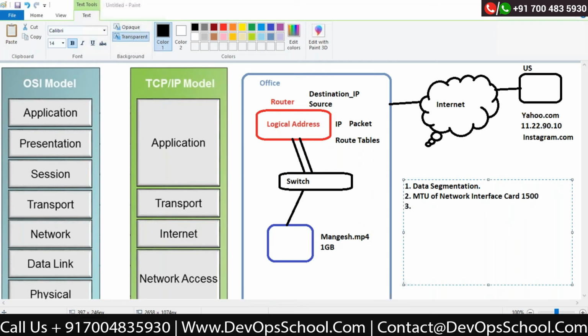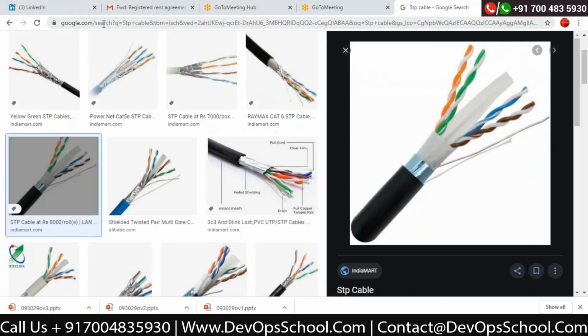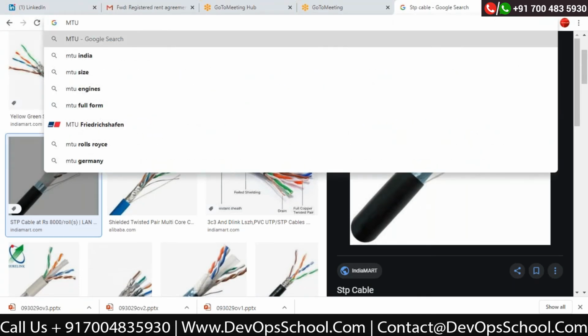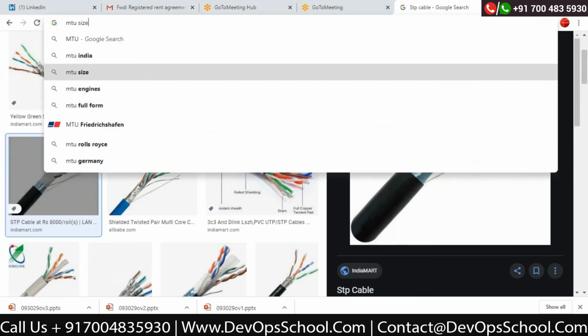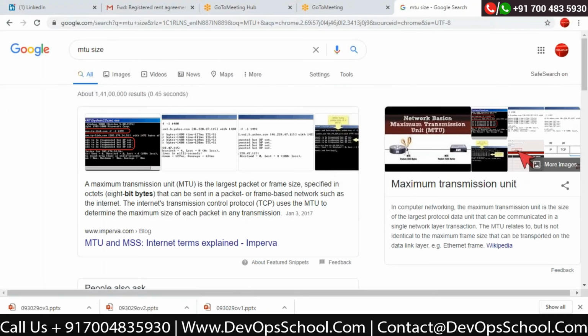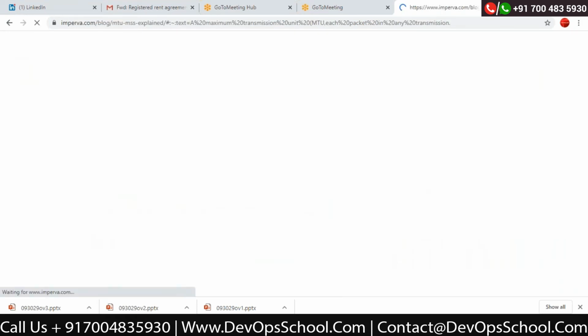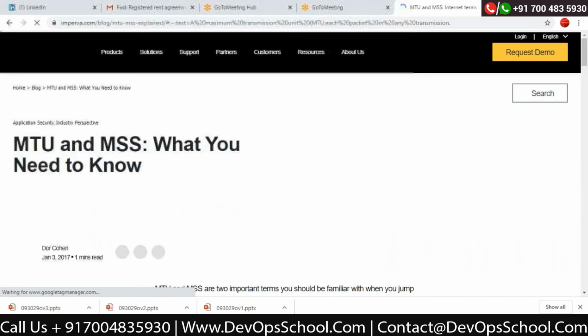You can see this is the maximum transmission unit. Correct. This is the size which completely depends on your network interface card.